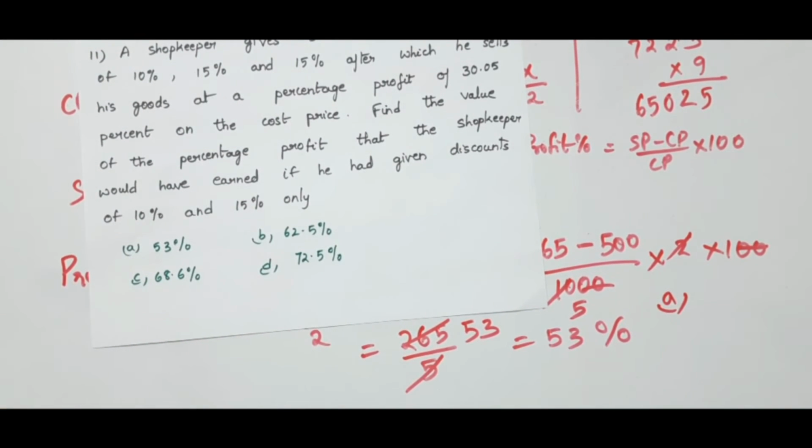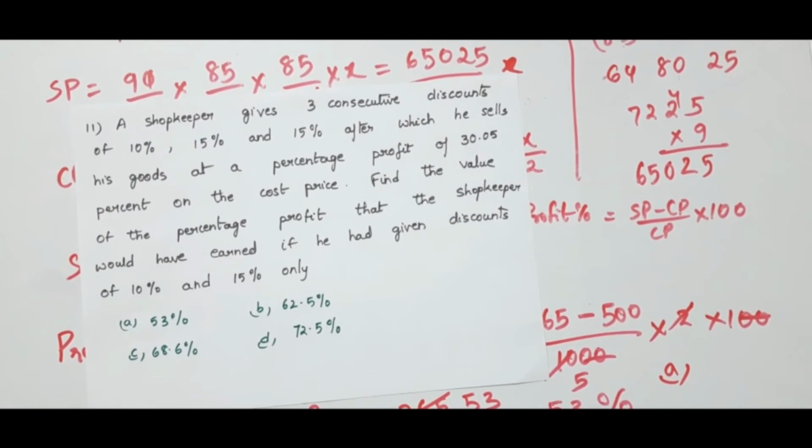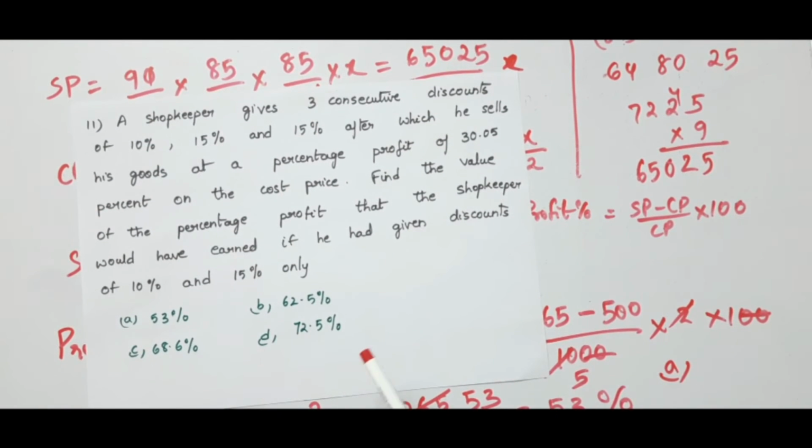So in this way you have to solve this type of problems, that is using each and every sentence. If you understand, using each and every sentence you use the hints and find the required things to get the profit percentage. Here he didn't give the market price, but they have given the discount percentage and the profit percentage. So I took the market price as X and went with the hints given in the problem. I got the profit percentage. In this way you have to solve this type of problems. Now let us go to the next problem.